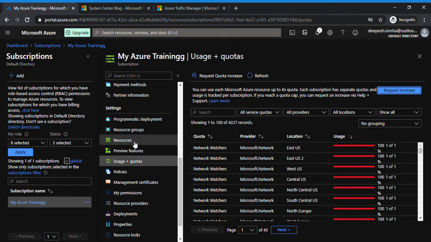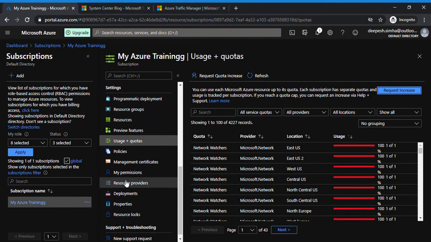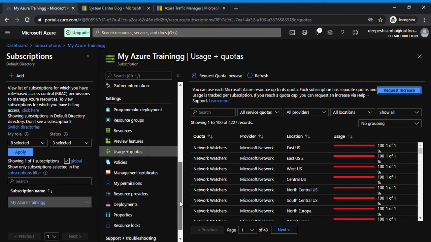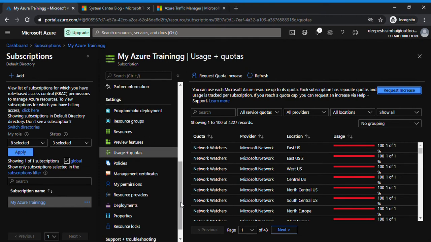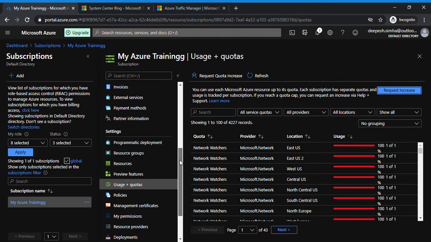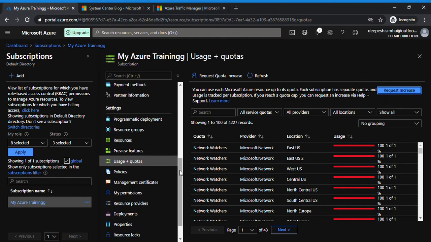Getting my point? And preview features, I'll tell you one more thing. Whatever is displayed here, it's not mandatory for you to learn all of it, because Microsoft gives 100 options on each cloud service, and we really don't need to focus on all of them. The required ones we'll pick up and learn about. But if you're interested, go ahead and have a look at the other options. I'm going to talk only about the options applicable in real time.